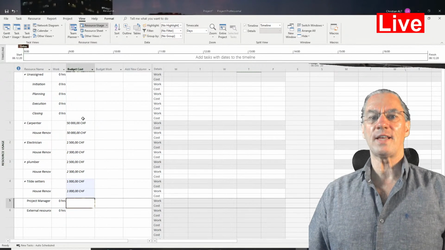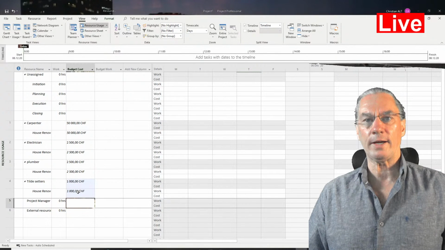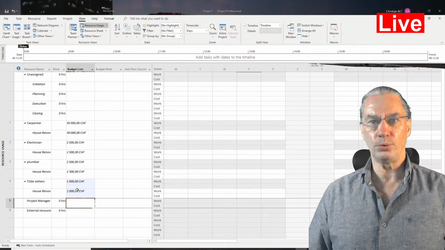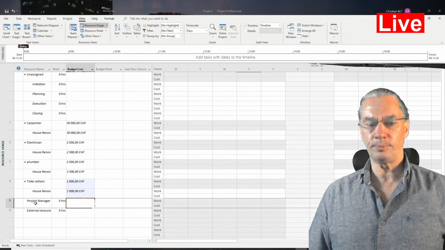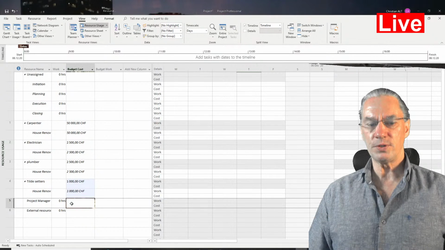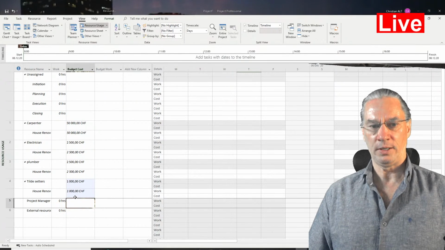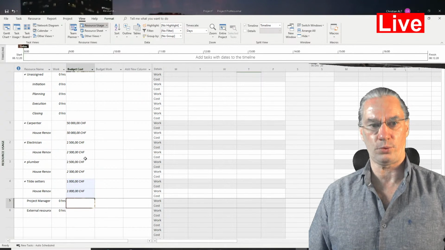So with this, I have my budget resources or contractors defined here. So you see how it is defined right now. I will come back to the project manager and external resource. You see that for the moment I cannot key in anything on this part because I haven't defined them as budget resource.